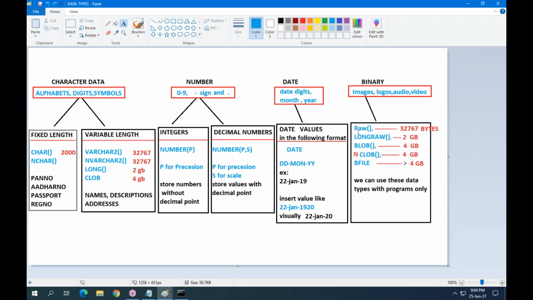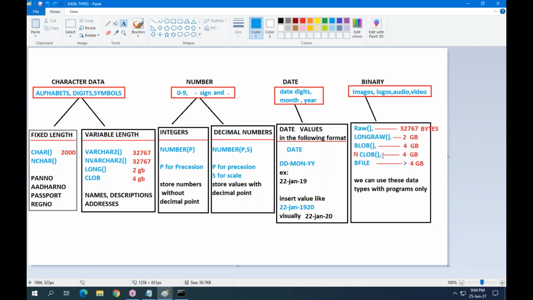The raw data type maximum size is 32,767 bytes. Long raw also stores binary data, its maximum size is 2 GB. Blob, binary large object, supports a maximum size of 4 GB.